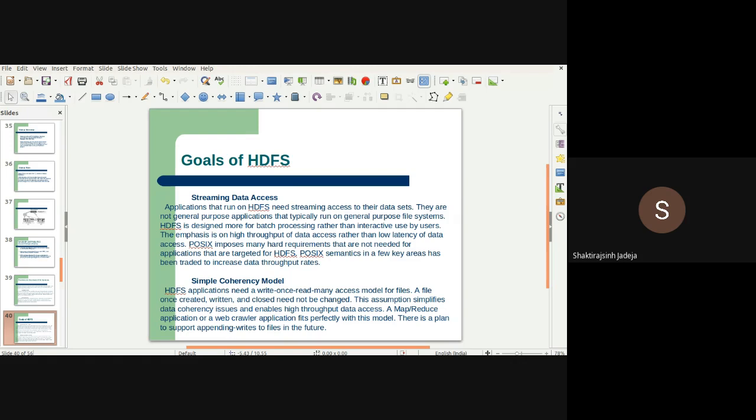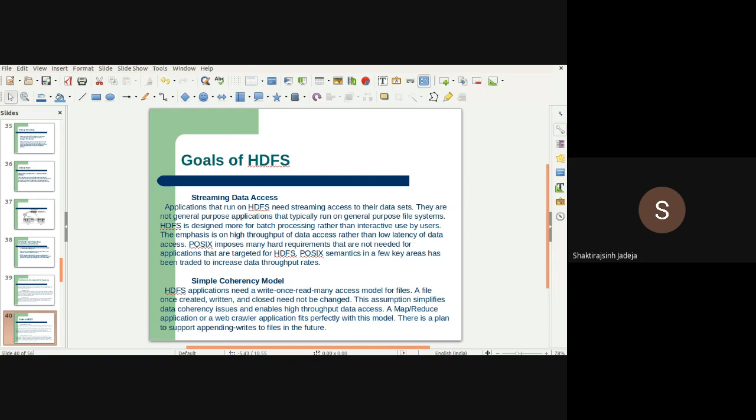Removing files will be a very rare case because you will be storing them for a longer purpose. Now, a file once created, written, and closed need not be changed. This assumption simplifies data coherency issues and enables high throughput data access. A MapReduce application or a web crawler application fits perfectly with this model.